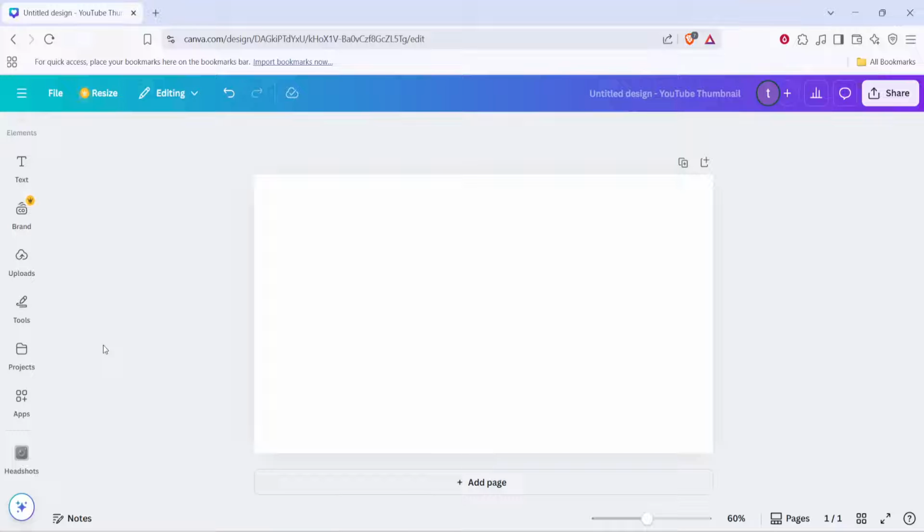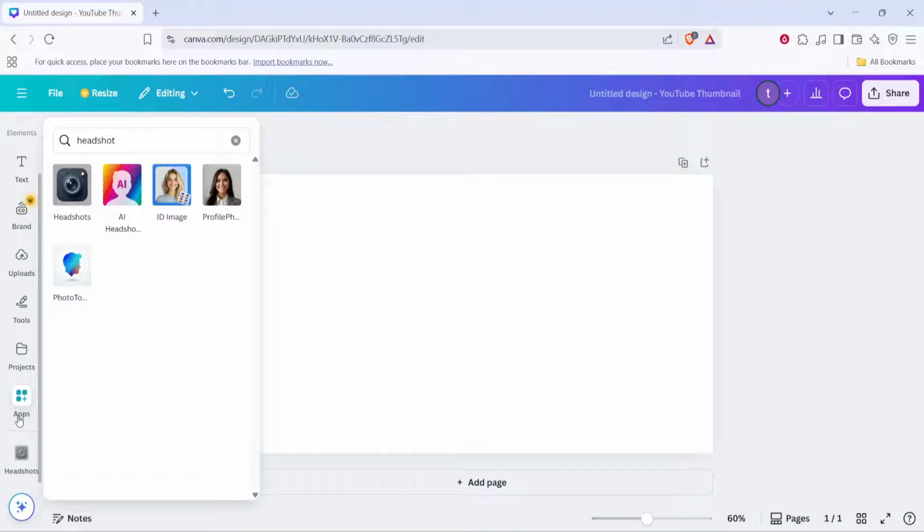So let's get started. To begin, open Canva on your device. Look for the side menu on the left-hand side of your screen and find the button labeled Apps. It will usually be towards the bottom of this menu, but you can scroll down if needed. Clicking on this will open up a new menu presenting a variety of apps and tools that Canva offers to